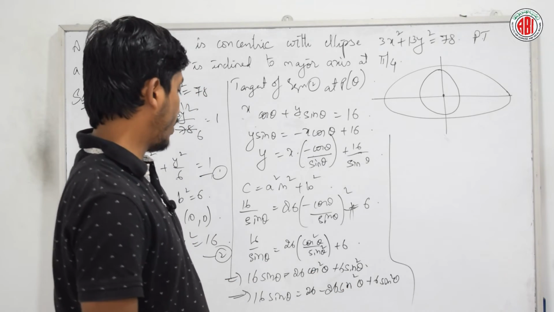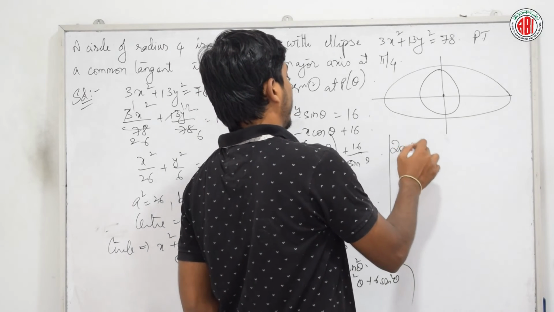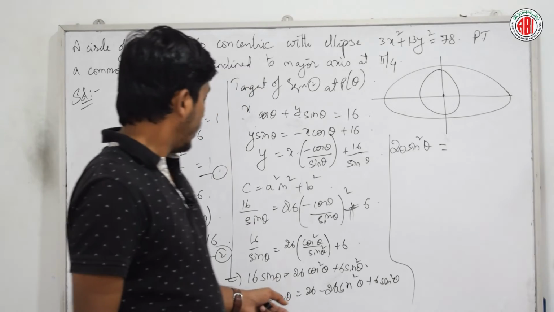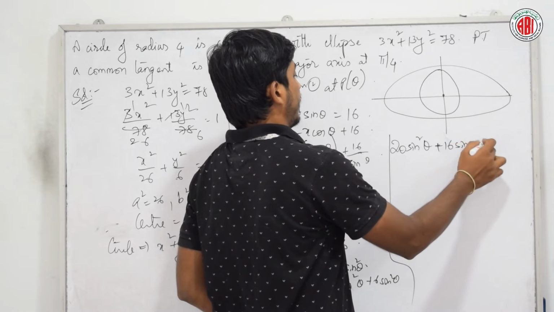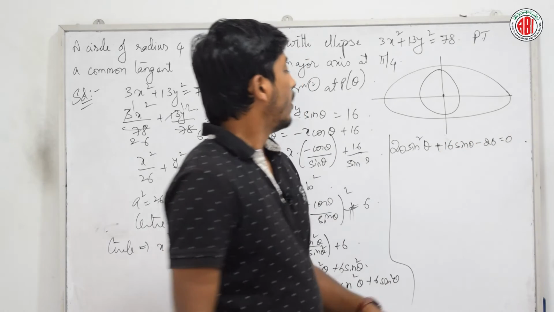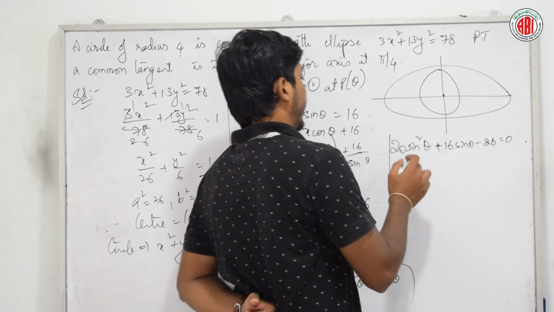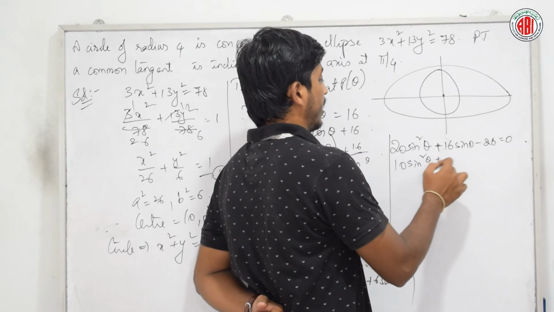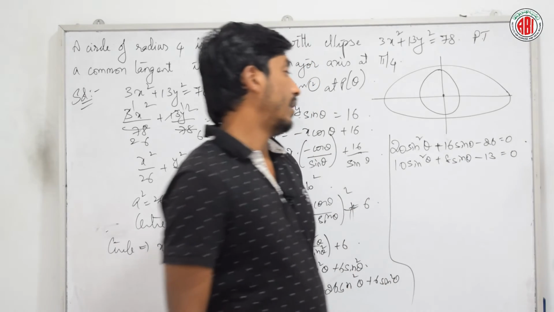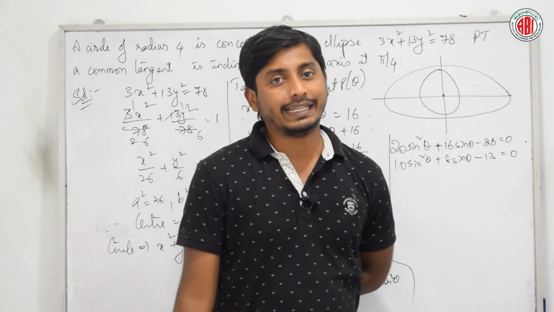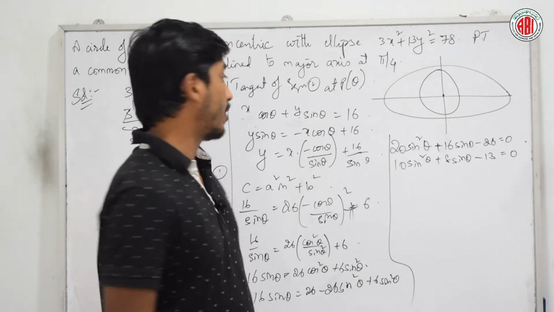Now let me write all to one side. 6 minus 26, that is minus 20. If I bring it to the left side, it will become 20 sin square theta. Here 16 sin theta minus 26 plus 16 sin theta minus 26 equal to 0. Okay. Which term can I take common? 2 common. Okay. So if I take 2 common, I will get 10 sin square theta plus 8 sin theta minus 13 is equal to 0. Now tell me, 13 tens are 130. Okay. So how can we solve that? Look at each and everything properly.